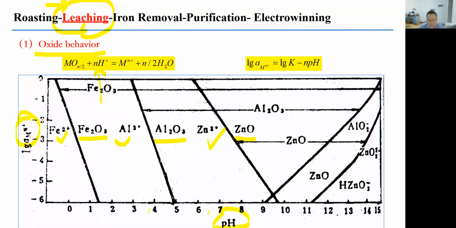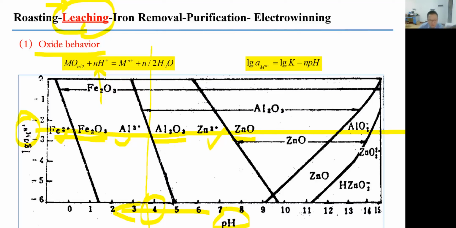When we go to stronger acidic conditions, we can dissolve even ferric oxide. And when we have a pH value of about 4 in the system,